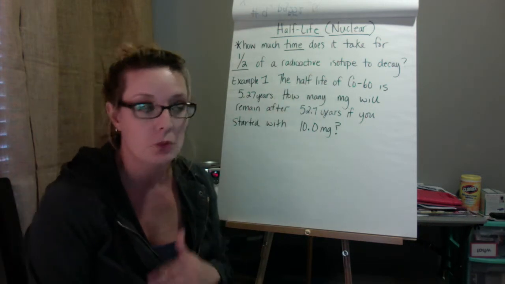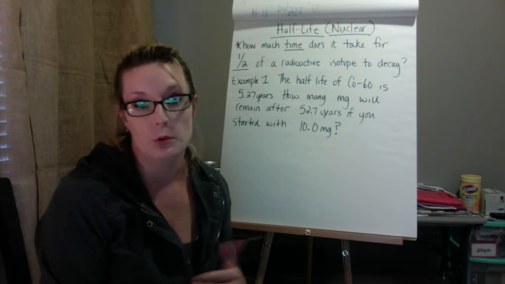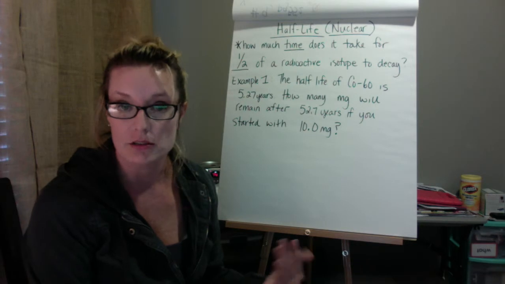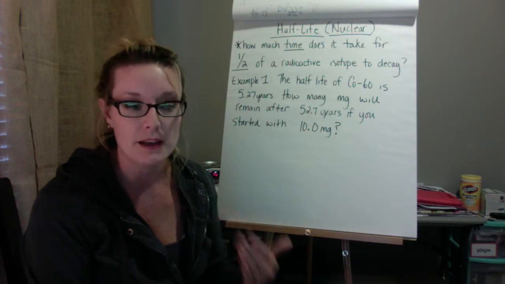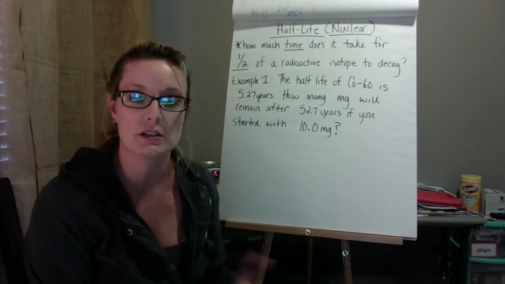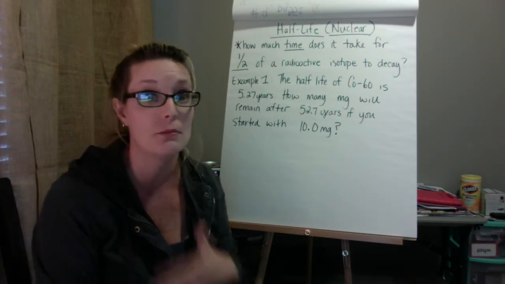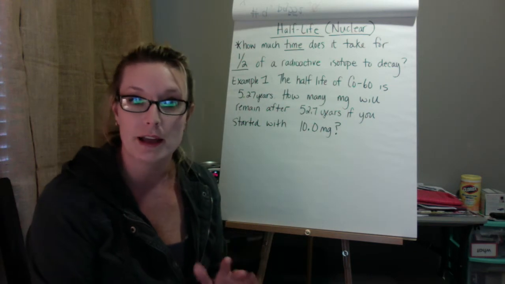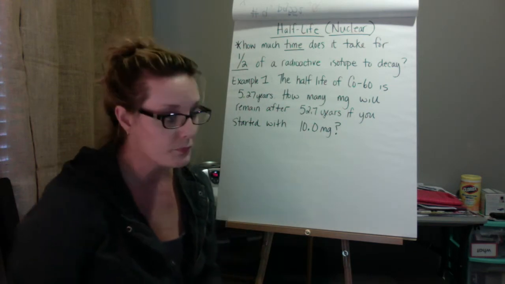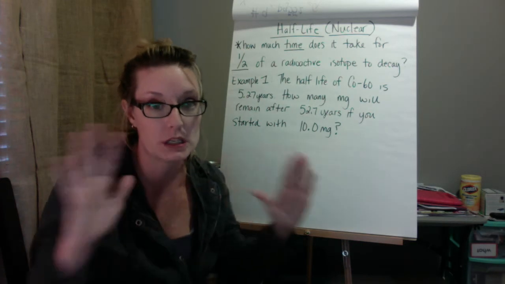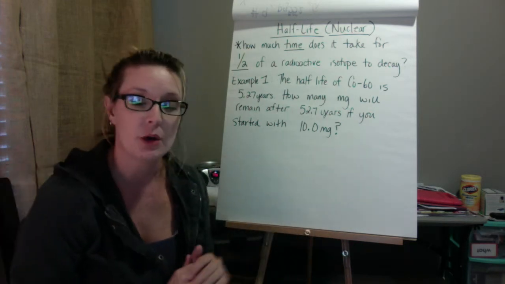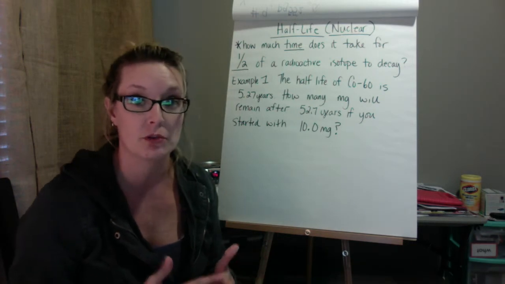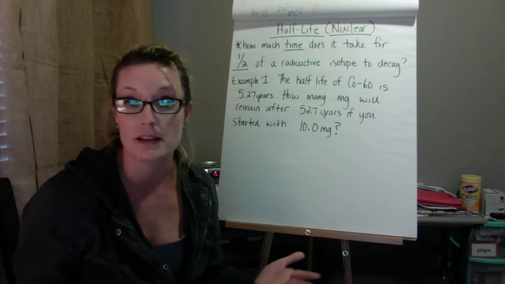on their own. What this means is, for example, uranium is the fuel for fission reactions. So uranium is kind of the basis of what we use for a fission reaction to actually occur, right? That whole atomic bomb, splitting a nucleus. So uranium is an element that will undergo radioactive decay on its own. Some isotopes, it takes billions of years to decay. Some isotopes only last a fraction of a second. So it just depends on how stable or unstable your isotope is as to how long it will decay.